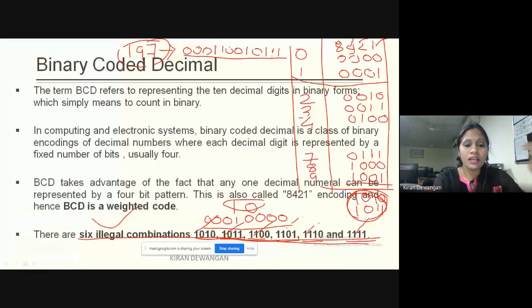So these are the illegal combinations in BCD. ये आपके 6 illegal combinations होते हैं, invalid combinations होते हैं. These combinations don't exist in BCD. Binary coded decimal और 8421 कोड, इसमें आपके ये combinations कभी भी exist नहीं करेंगे, क्योंकि हम सिर्फ 0 से 9 तक को कोड कर रहे हैं and we know what are the codes of 0 to 9. Clear? So these combinations are always taken as illegal combinations.